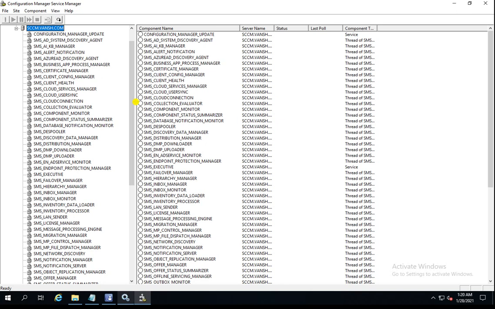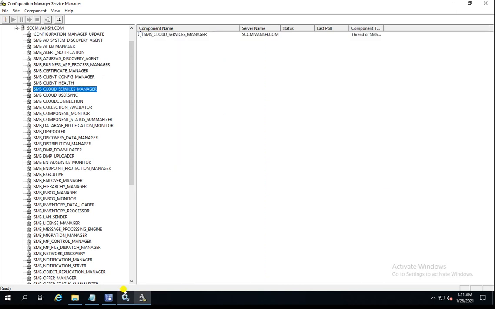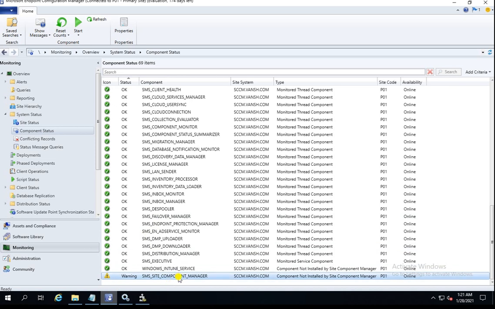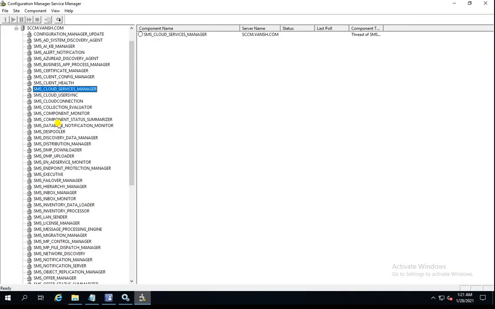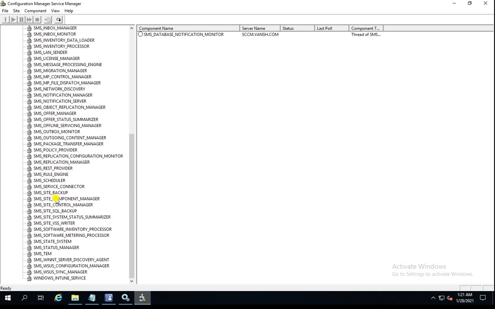Now here you can see the error message. It was the error under the site status, Component Manager, SMS_SITE. So let me go here, SMS_SITE_COMPONENT_MANAGER, and do the query for this.